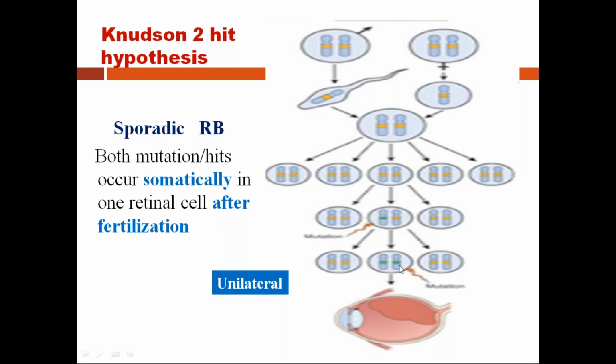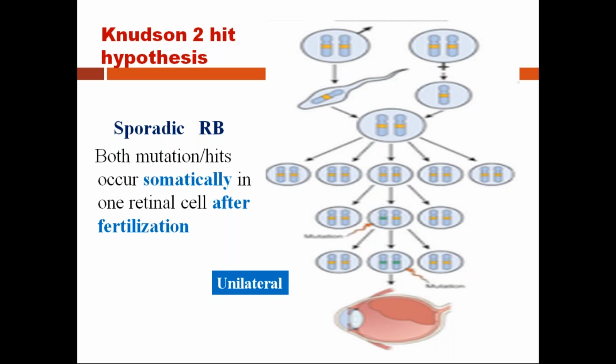Okay, there is accumulation of the genetic mutation. So that's what it means, accumulation of the genetic mutation. So in the first cycle, only one allele is mutated. In the second cycle, in the daughter cells, the second allele gets mutated. Since it is seen in the somatic cells, it is called somatic mutation. It occurs after fertilization, in the somatic cells. Now such tumors are unilateral. It affects only one eye, and it's not present at birth, but in later childhood, maybe